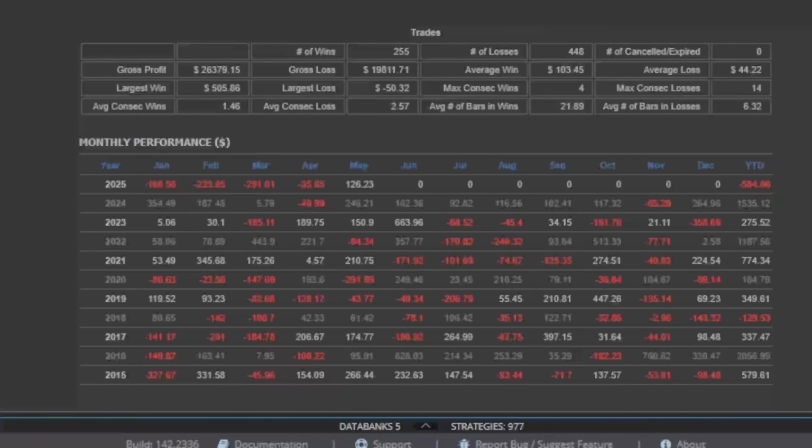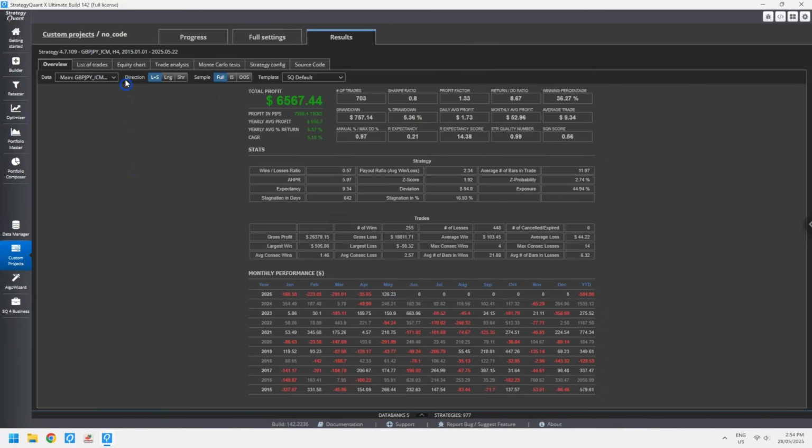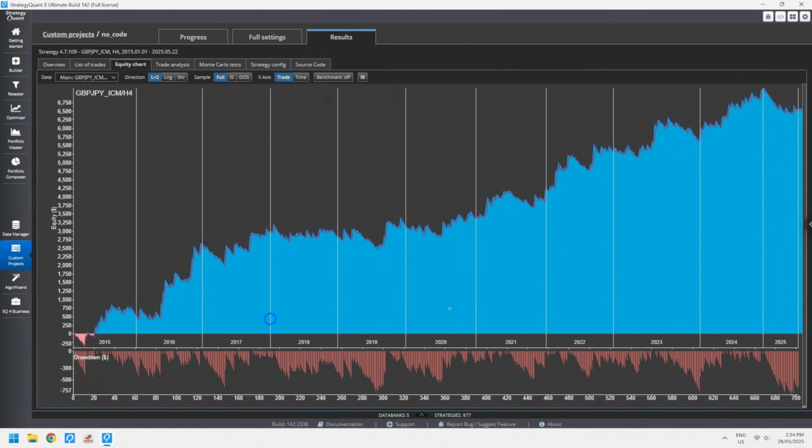This year so far in 2025, it has been a tough year for this strategy. Ever since Trump came into power in January, every single month has been a losing month, but so far in May, it has been profitable. Let's take a look at the equity chart year on year. It does seem to be slowly rising. You do have years, for example, back in 2018, where it is mostly going sideways, and this year, so it has also been in a little bit of a downtrend, but overall in the long term,